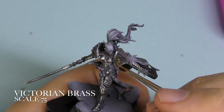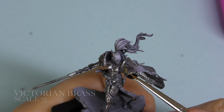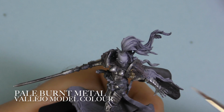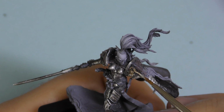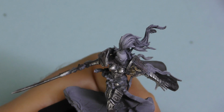Begin by painting all the gold areas with Rhinox Hide, a very thin wash just to give a good foundation for the colours we place on top. Then use Victorian Brass, and while the paint is still wet, we use Pale Burnt Metal to highlight it. This is a wet blend using the techniques that we've picked up in the PDF describing how we create non-metallic